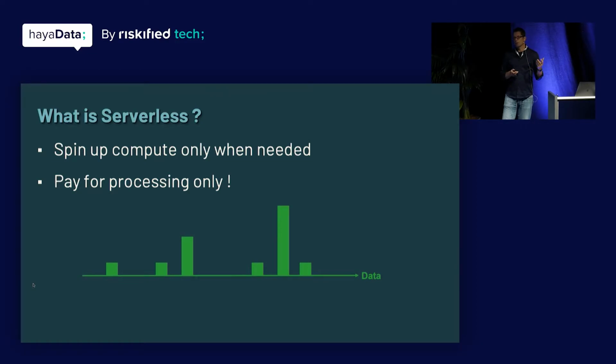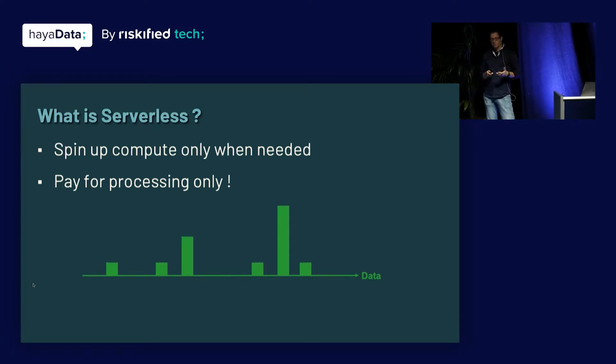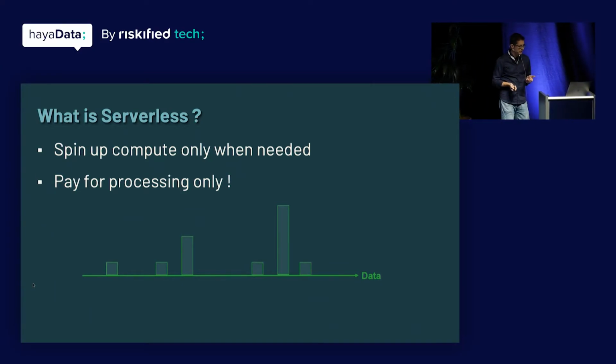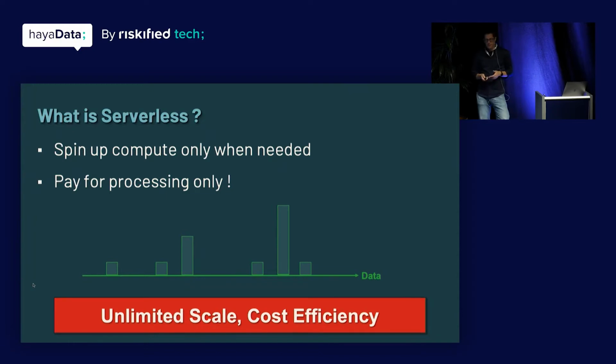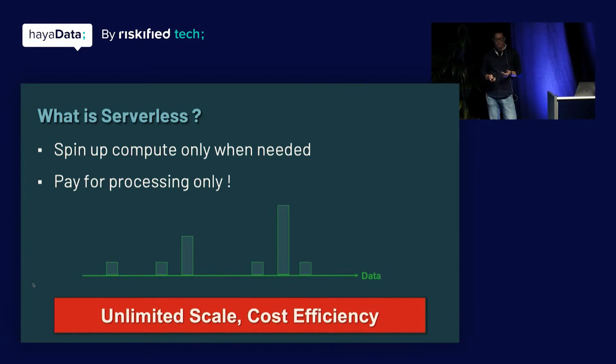It means that the units have to be independent and they have to basically terminate when you finish your work. Otherwise, you're going to keep paying for it. But if you do that, then you only pay for processing, which is great. The resources spin up, do the work, spin down, and you can see that in all these idle periods in between, nothing is working. We're not paying for anything, which is really, really great. So we get unlimited scale and cost efficiency from this.